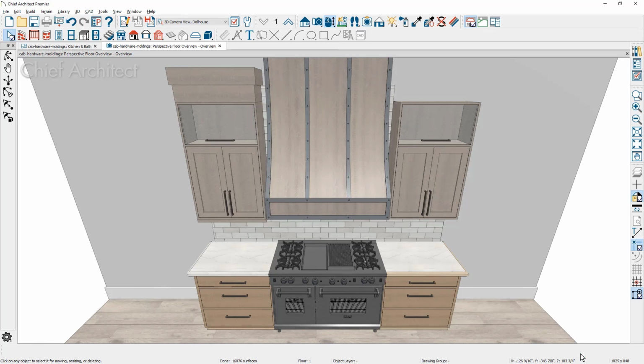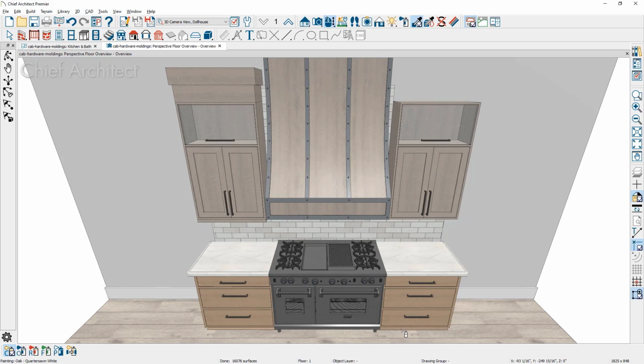The moldings that we put on the cabinets will be different than the materials of the cabinets in most cases. I'm going to use the material eyedropper up in my upper menu. I'm going to pick up the color from the countertop, apply it to the edge, do the same thing for the shoe molding, pick up the body of the base cabinet, come down and click on the shoe molding to